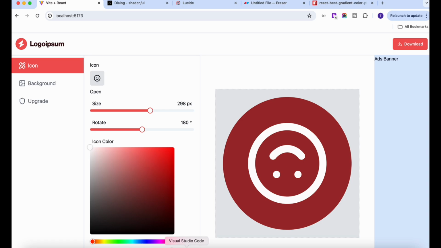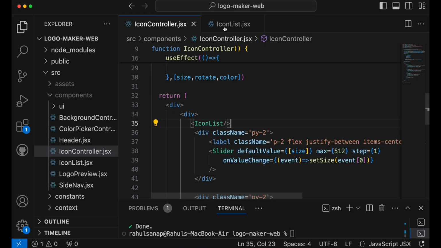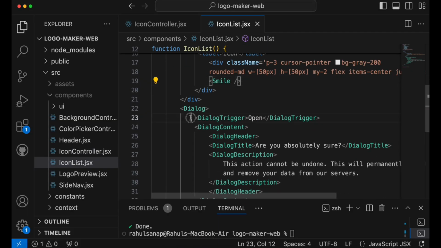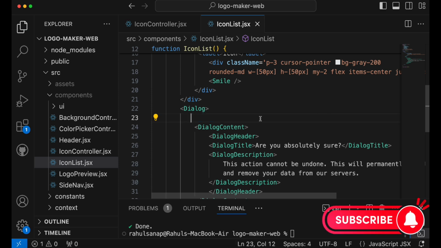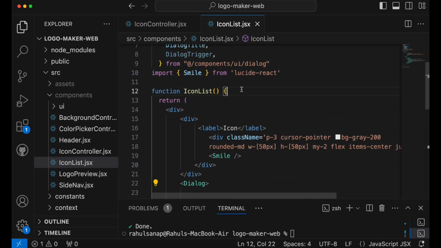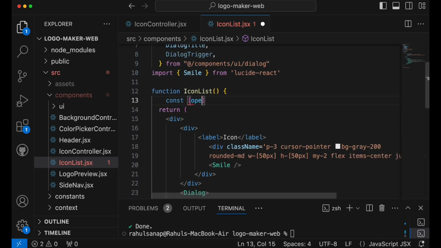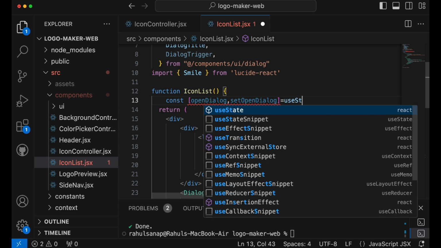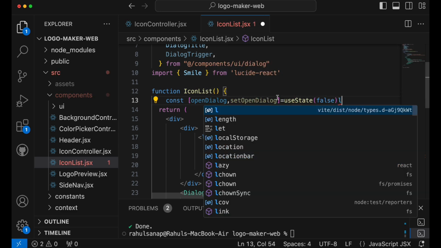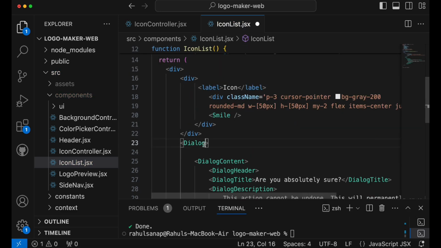Let's save this one, and if I go back to our application, it's still there, right? But the dialog is not opening, obviously. Inside the icon list, let's remove this icon dialog trigger first, and we are going to define one state. We'll say openDialog, setOpenDialog is equal to useState. Initially it will be false, and this dialog has a property called open,